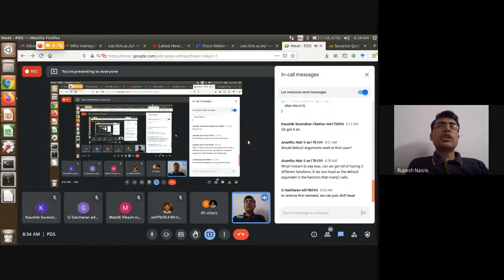If we want to remove only the first element, irrespective of what it is, then we don't need to pass any argument. We can have that as a separate API, which will remove only the first element. Then you are right that we just shift the head. But there is a small catch here: we would also like to deallocate the memory that we had allocated, right?